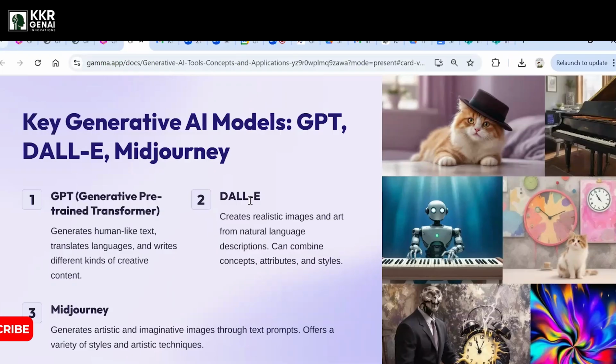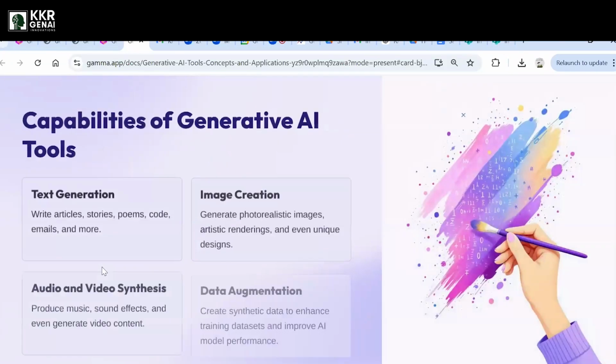This model is specifically designed so that if you request anything, it will generate the images for your particular content information. So this is the model we basically use for image generation. Let's wait one second, guys. And like that we have multiple tools.